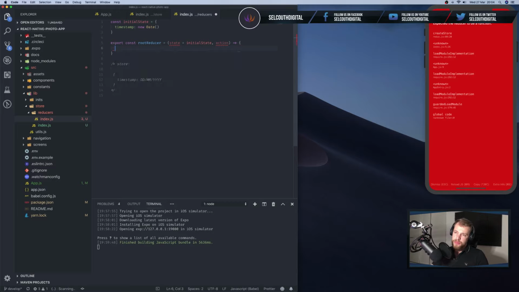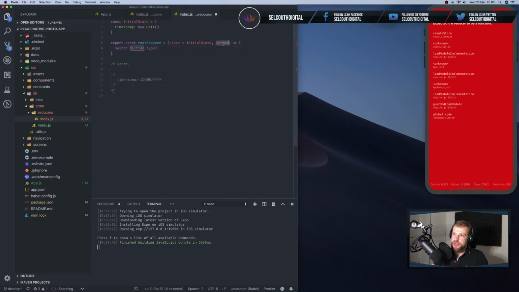So then, because there could be multiple actions, and because you can do multiple things to this root reducer. So for example, when user logs in, do something. When user navigates to that screen, do something. When user clicks the button, do something. When user logs out, do something. Those are 4 different actions which can actually manipulate this particular part of the store. In this case, root reducer. So you want to handle it somehow,